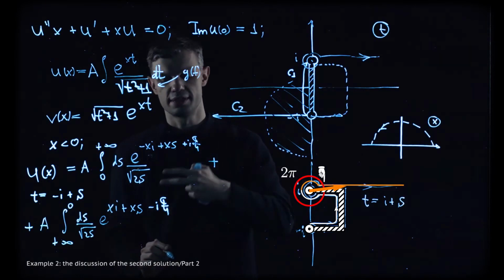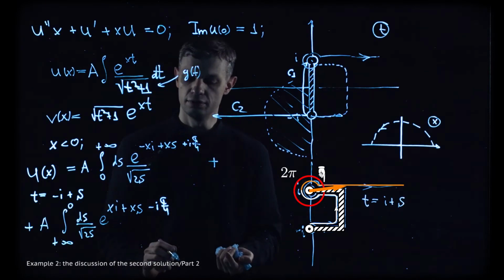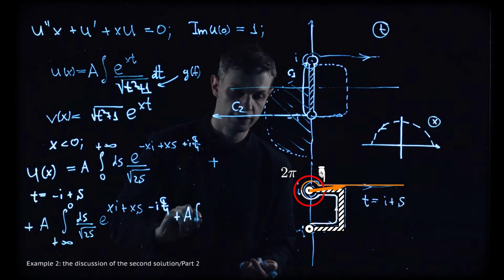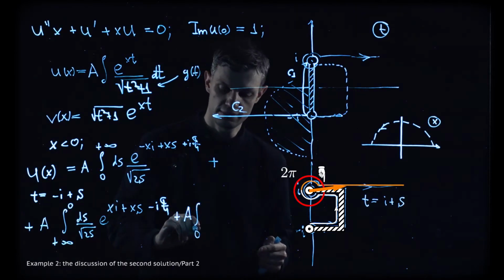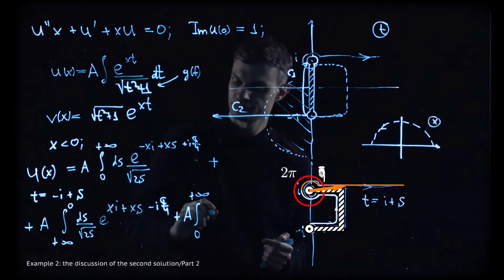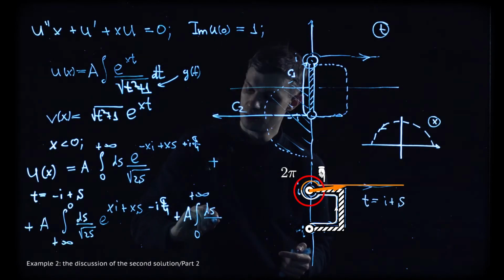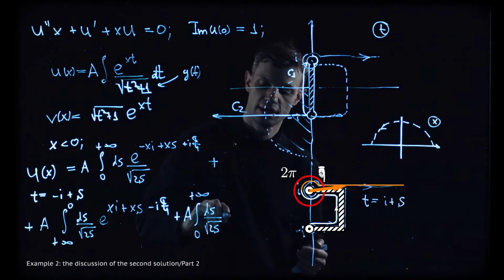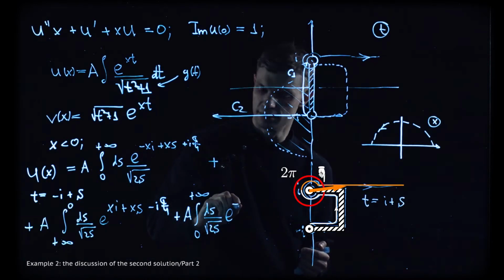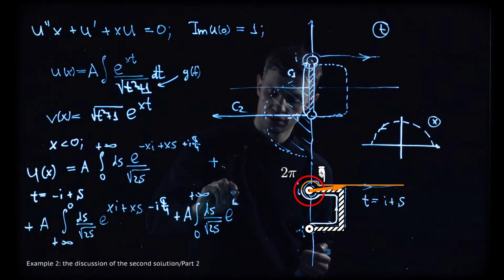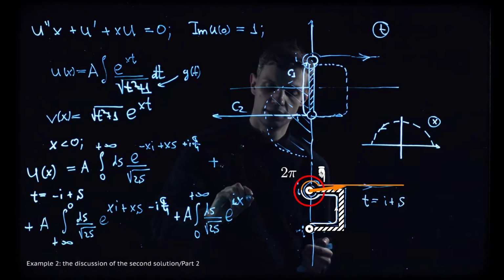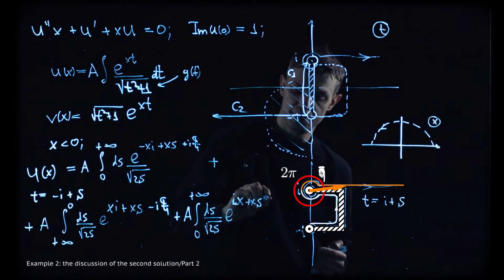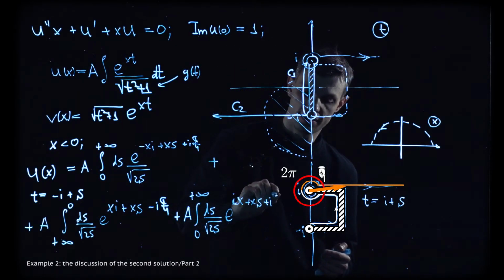Square root gives us minus 3 pi by 4, and in the end we get the integral from 0 to plus infinity ds over the square root of 2s e to minus ix is plus sign plus xs and plus i 3